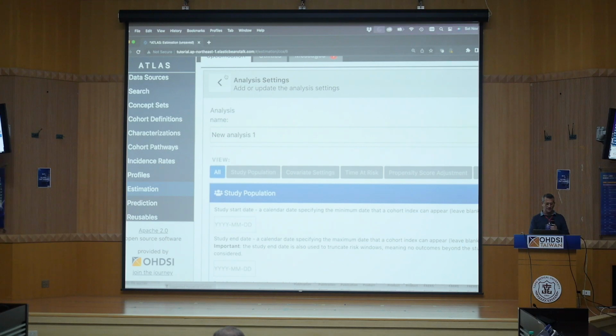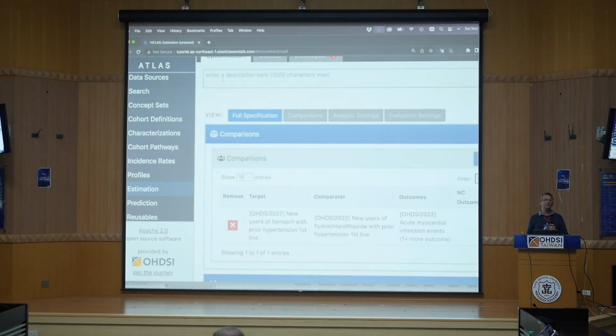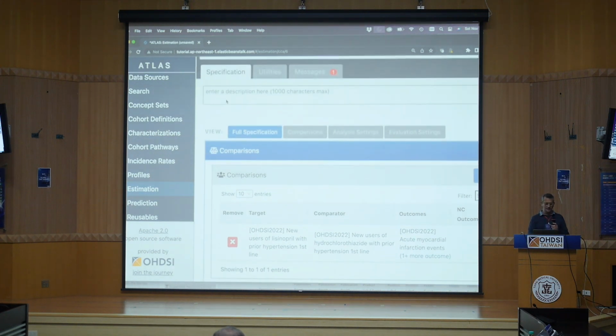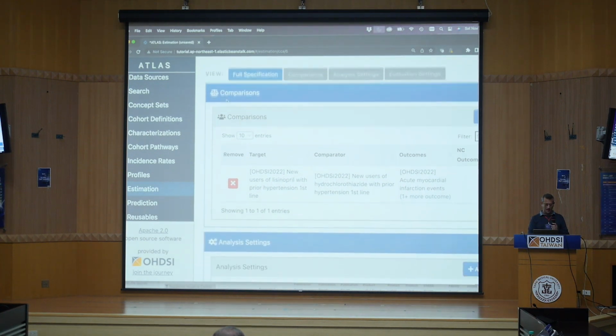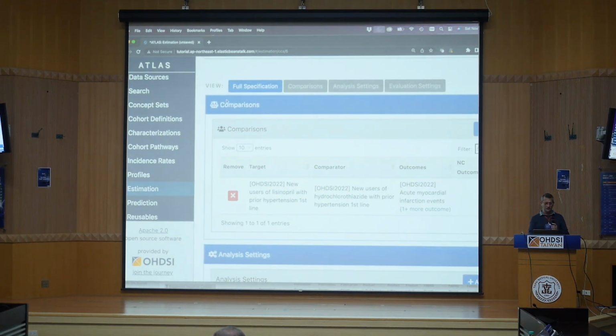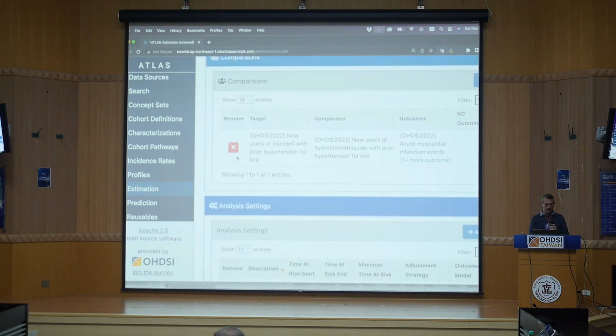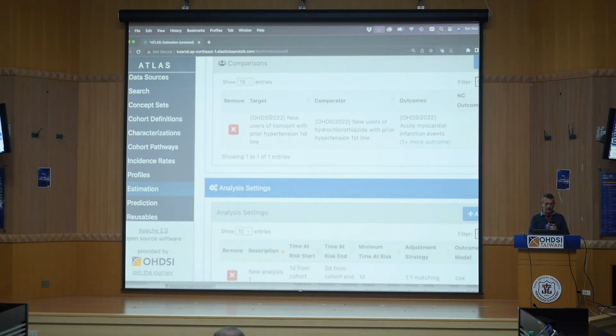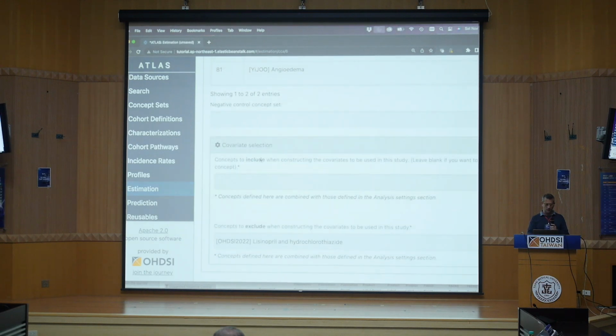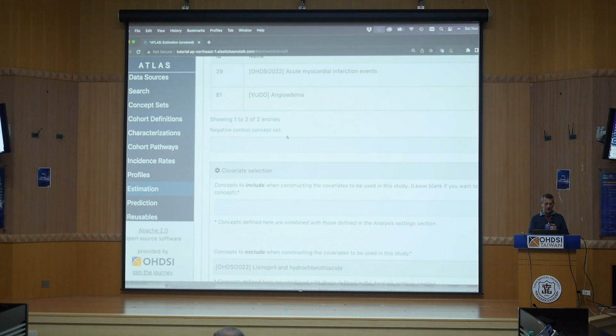However, as Martijn stressed, in OHDSI, we don't take theory for granted, because in many cases, theory doesn't represent what happens in practice. And one of the most important things that happens in practice is we have observational data, which is fraught with residual systematic error. So in order to adjust for that residual systematic error, or learn what the size is, we're going to include a large set of